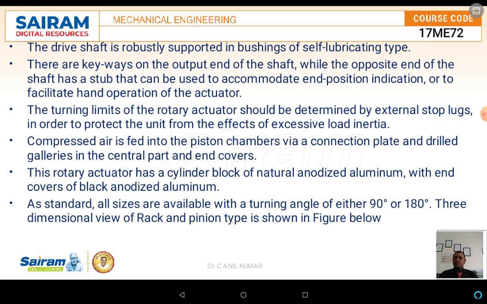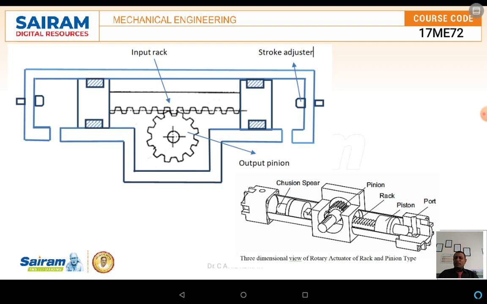And the three-dimensional view of the rotary actuators is shown in the next slides. Now, as we know, there are two sketches. One is a two-dimensional sketch, the other is a three-dimensional sketch. By looking into the two-dimensional sketch, there are two things. One is a rack, the other one is a pinion. The rack and pinion movement is done because of the movement of the piston,